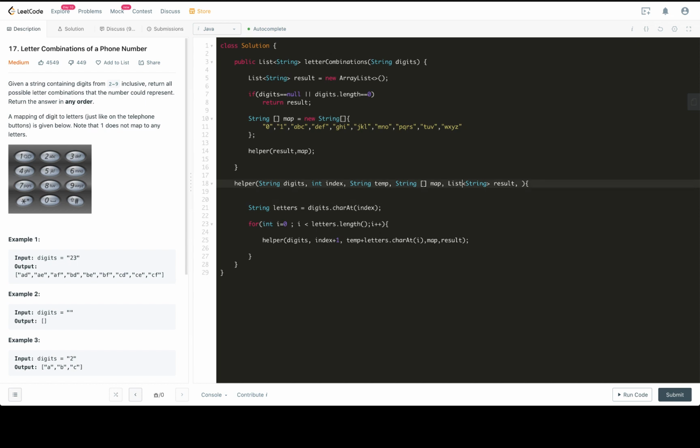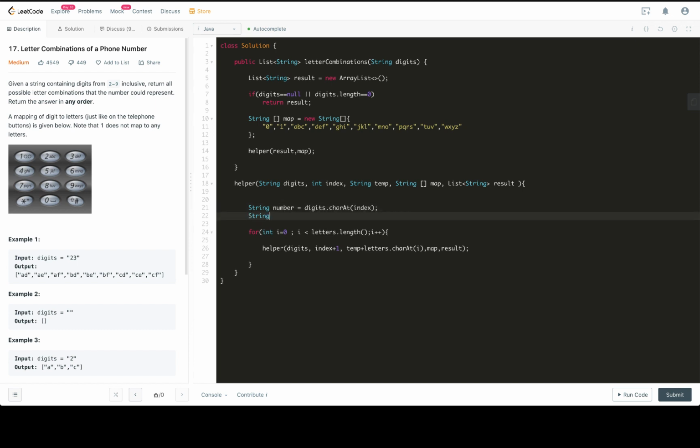Okay, so I made a mistake over here. From the index, from the digits, we're going to get a number, basically a number. And from that number, I need to get letters. So how am I going to do that? I have a map, right? So inside the map, what I'm going to do is number